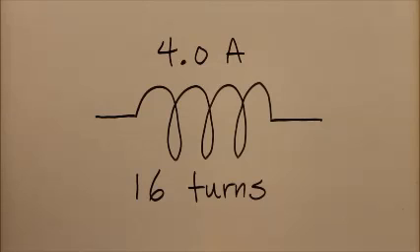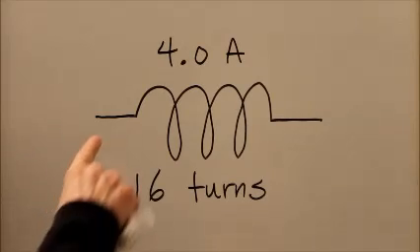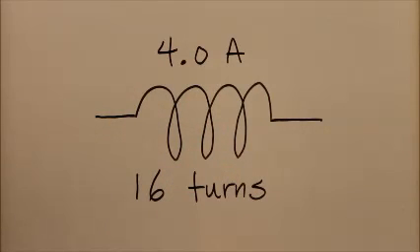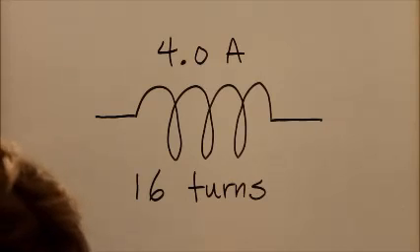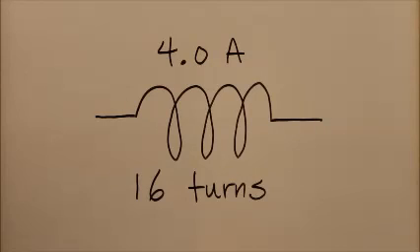We can assume that that's a constant 4 amperes of direct current, 16 turns. What is the magnetomotive force that this coil produces? Well, that is a very easy problem to solve because all of the choices for our answer are given in ampere turns. All we need to do is multiply the number of amperes times the number of turns, and you can do that in your head probably and figure out that that is